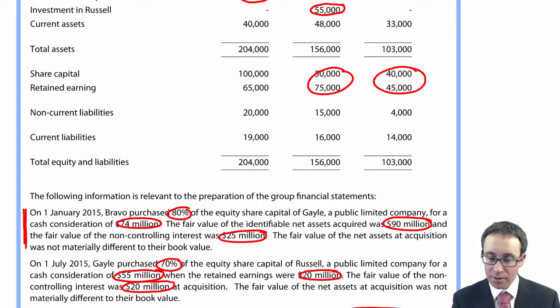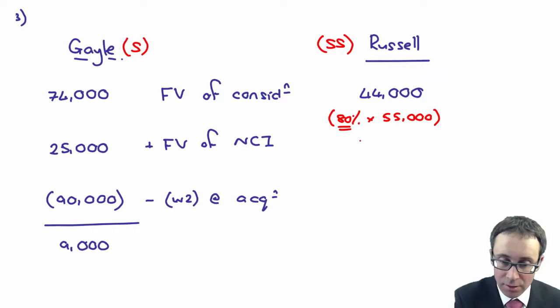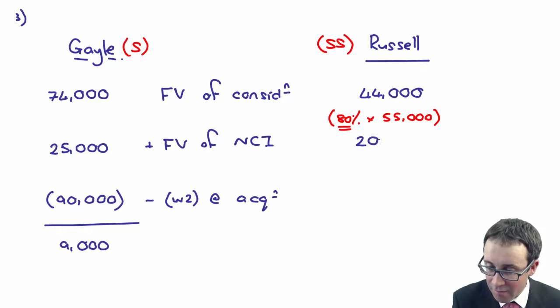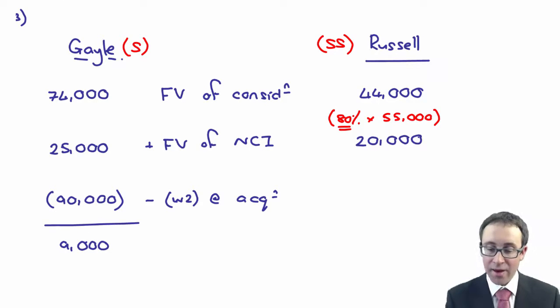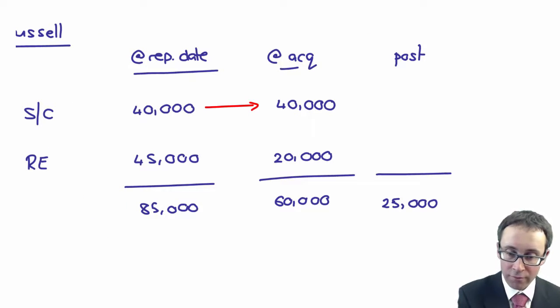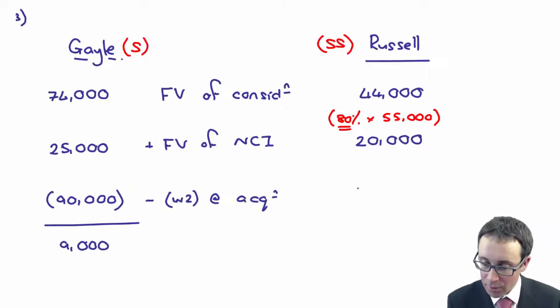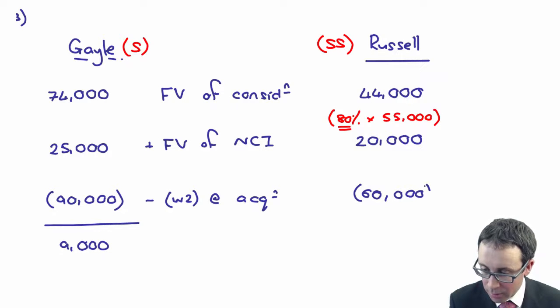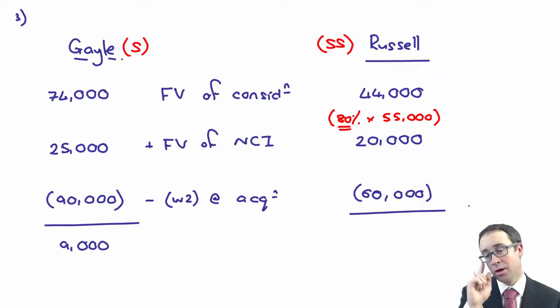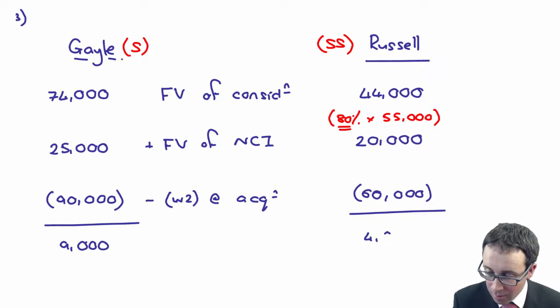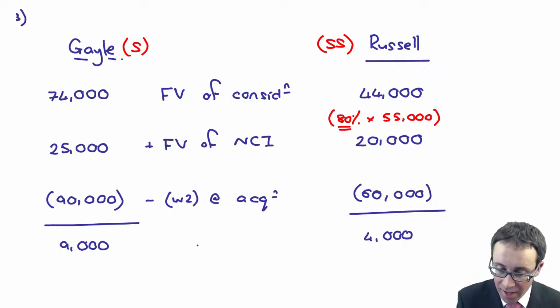In that second bit of information, we're told that the NCI was valued at 20 million, just at the bottom. So we can add 20 million fair value NCI. The net assets at acquisition of the subsidiary are there as 60. So I will go through there and deduct the 60,000. 44 and 20 is 64, less 60 gives me 4,000. So my total goodwill